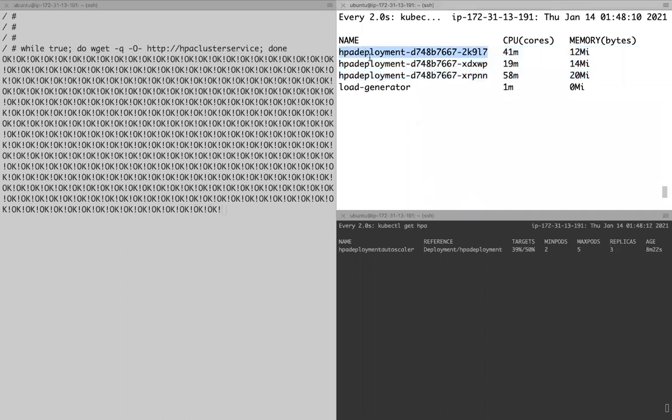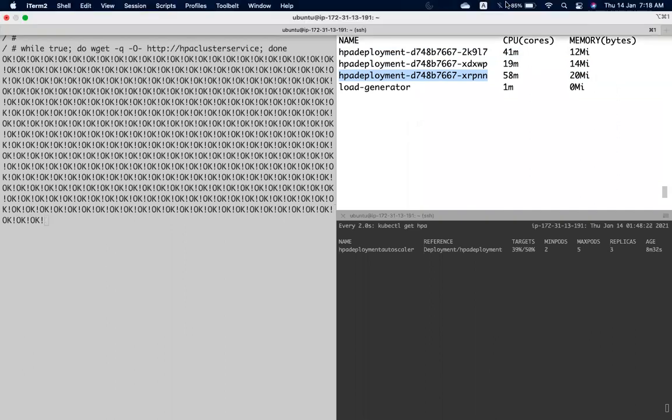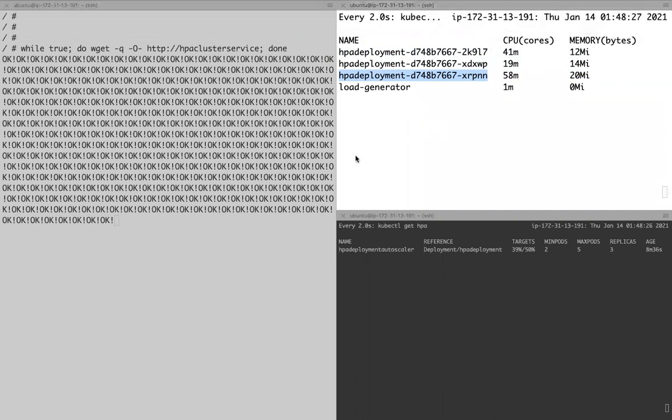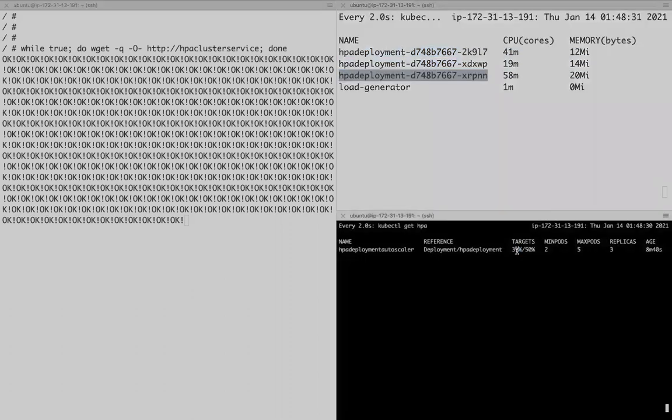That HPA, how many pods do I have as of now since I increased the load? I have 3 pods. Now the load is not beyond the target. Will I get a 4th one? I will not get a 4th.